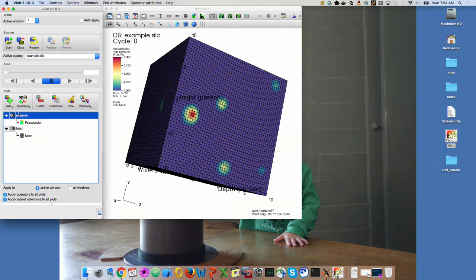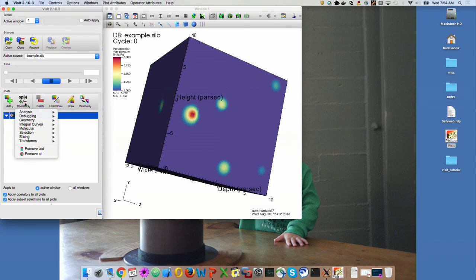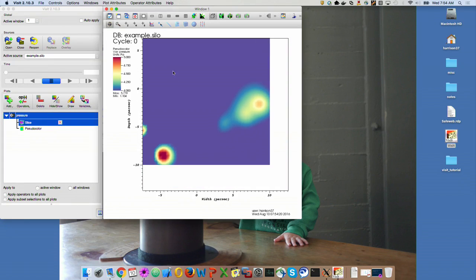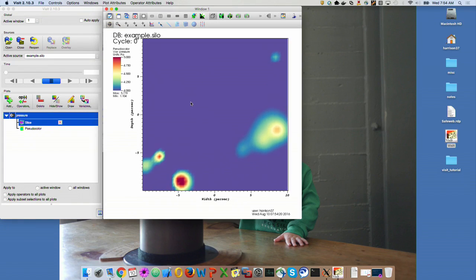So next thing I want to show you is what an operator is. I'm going to delete this mesh plot for now. So there's this add button over here on the left for operators, and they're categorized by the different types of things that they do. In this case, we're going to add a slice operator. That's under the slicing category. When I add that and I draw, I now have a 2D slice